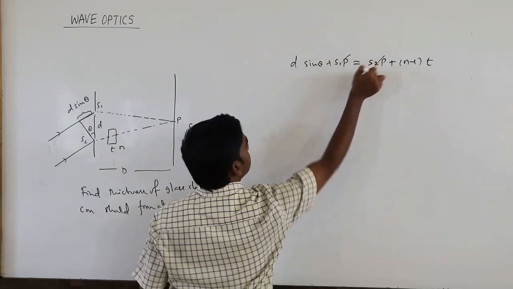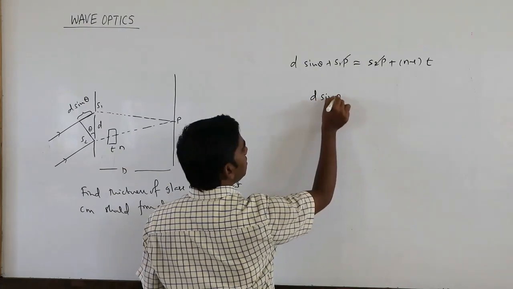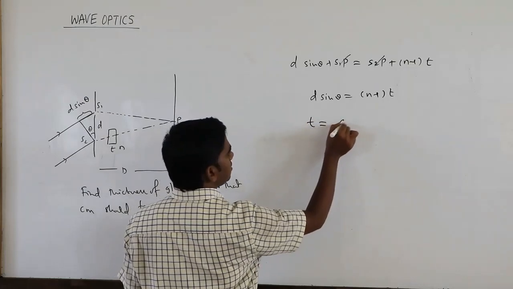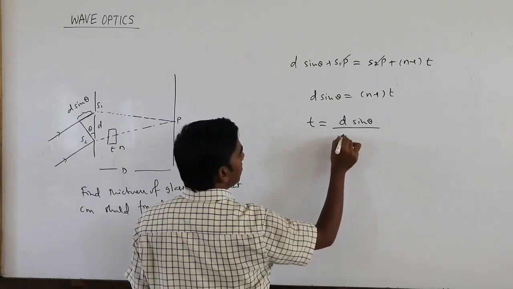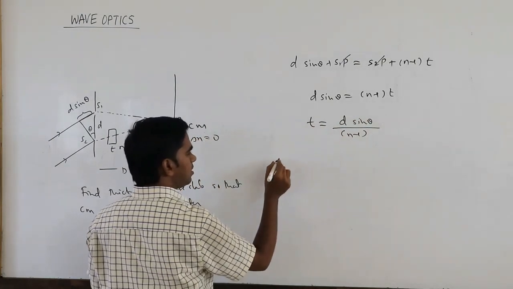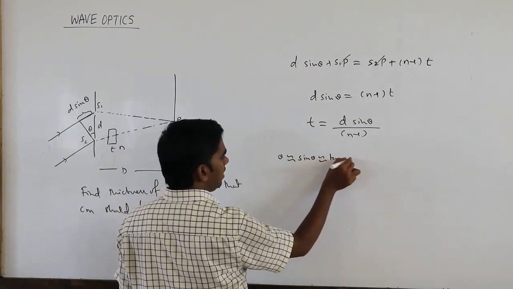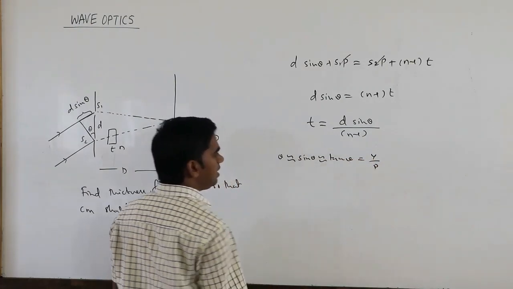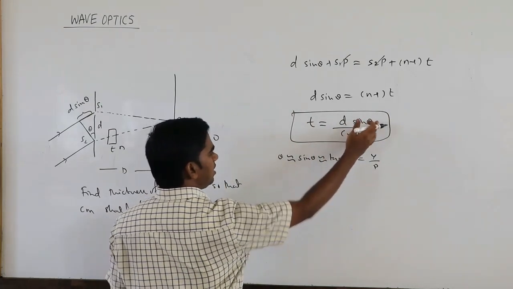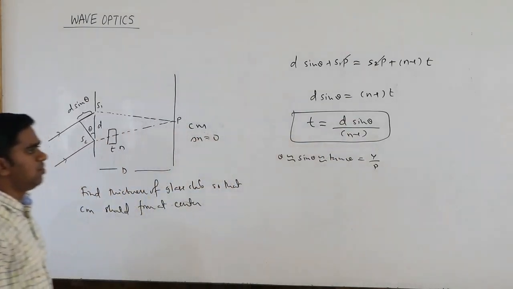So these two are the same, S1p, S2p, we can take approximately equal to D. So we will get d sine theta is equal to n minus 1 into t. Okay. So you want the thickness. Thickness is d sine theta divided by n minus 1. Okay. So as usual, we don't know what theta is, but if you take theta very small, sine theta is nearly equal to tan theta. So tan theta is what? y by D. So by substituting those values, if they give theta, no problem. By substituting those values, again we can get the value of y, and we can get the value of thickness also. Whatever they ask in the question, we can get it from that formula.